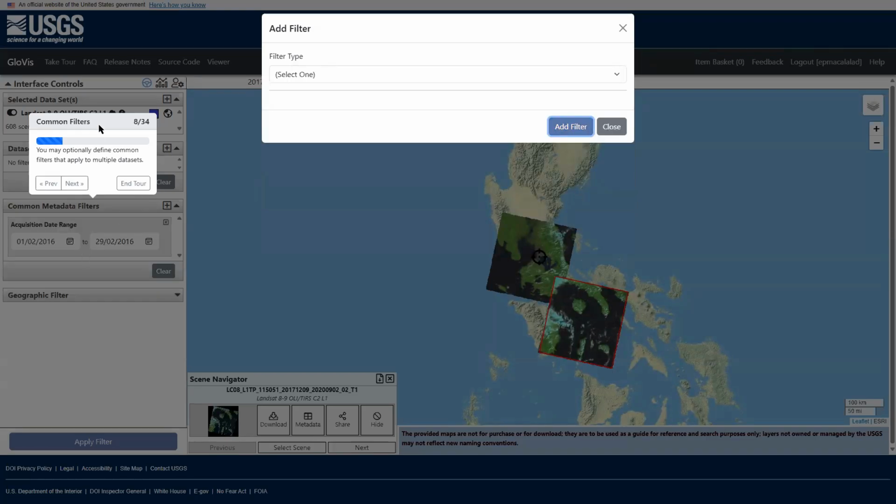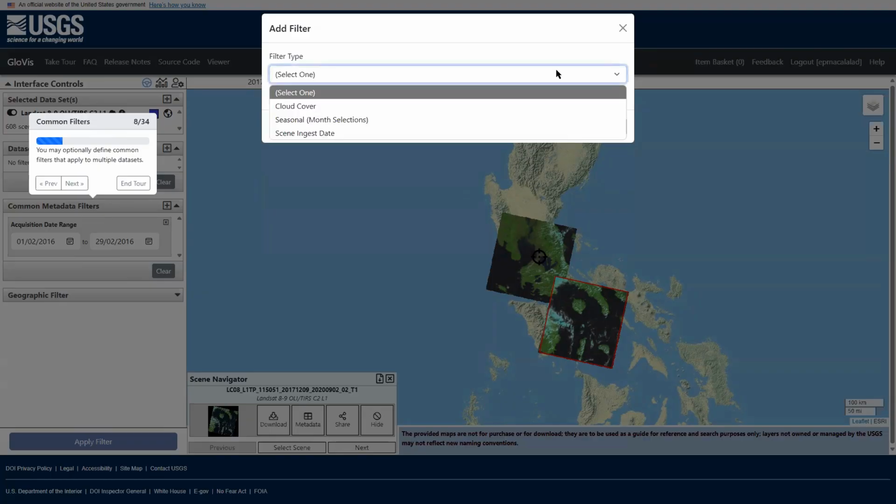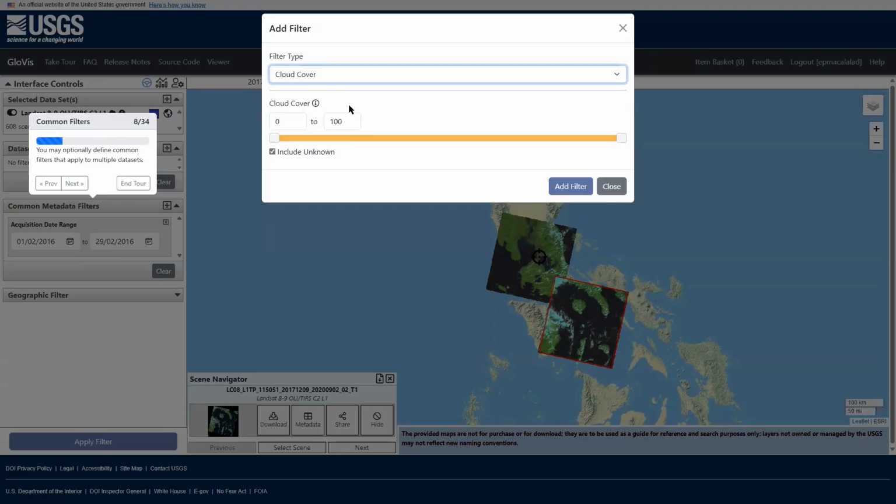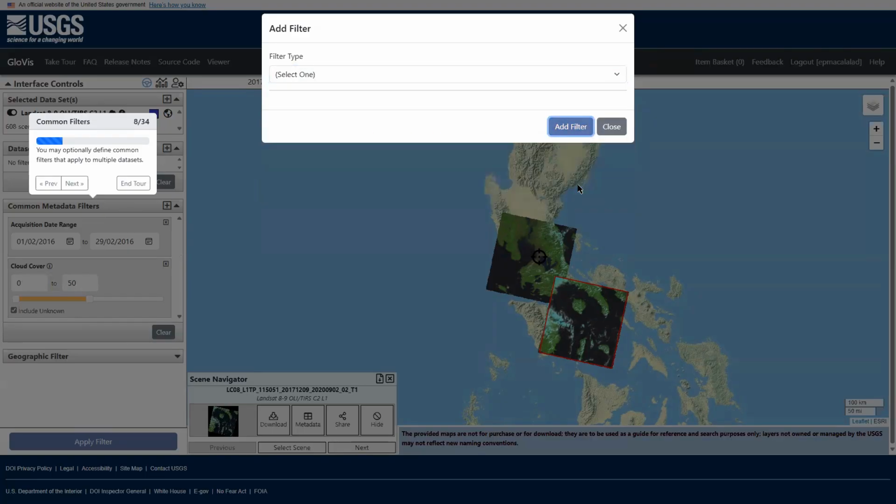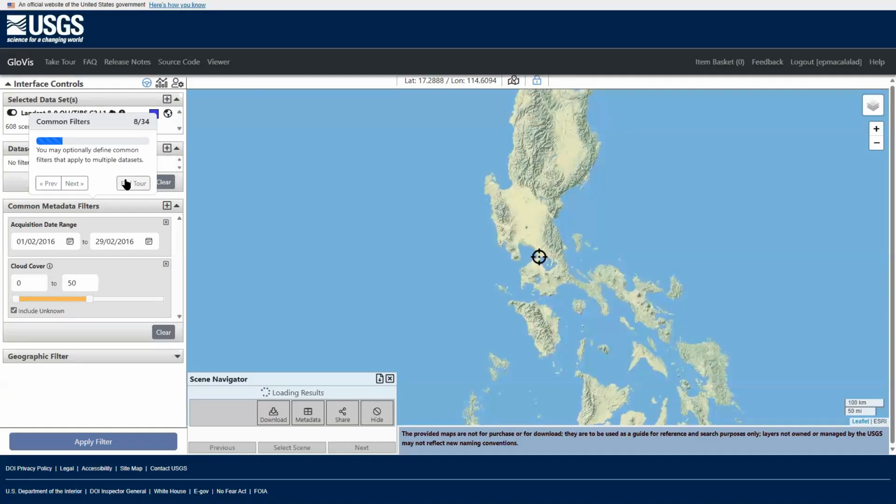That means it will get more data. Then add a filter for cloud cover. I would like to reduce my cloud cover to let's say 50. Add filter and close.